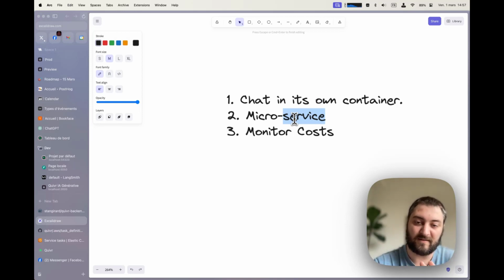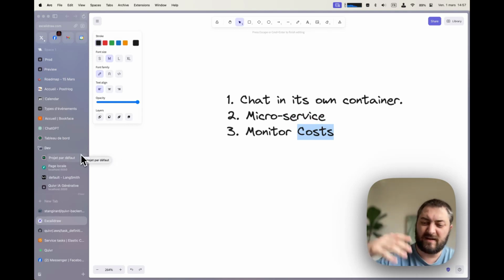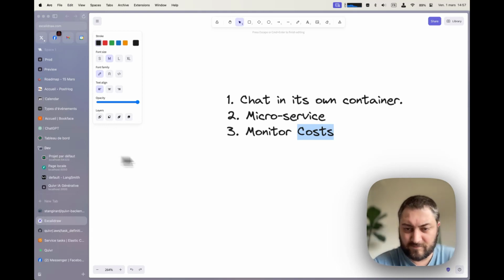Everything was in the same place, and we had way too many instances, and it cost too much money for the number of users that we had. And then, if you use, for example, OpenAI, you also have to pay for OpenAI. So really look into your costs.